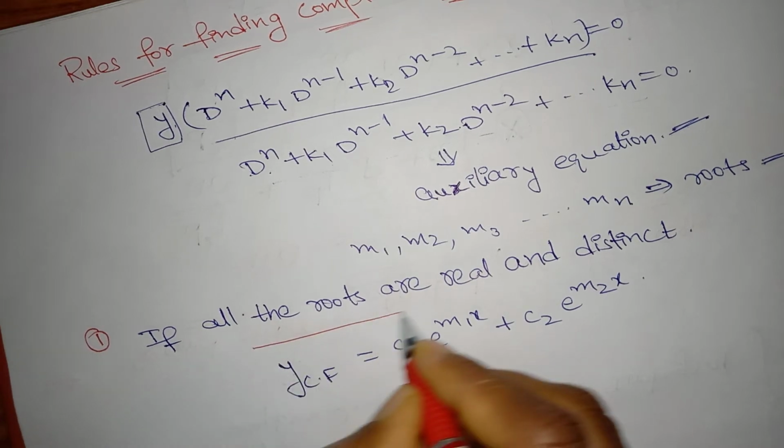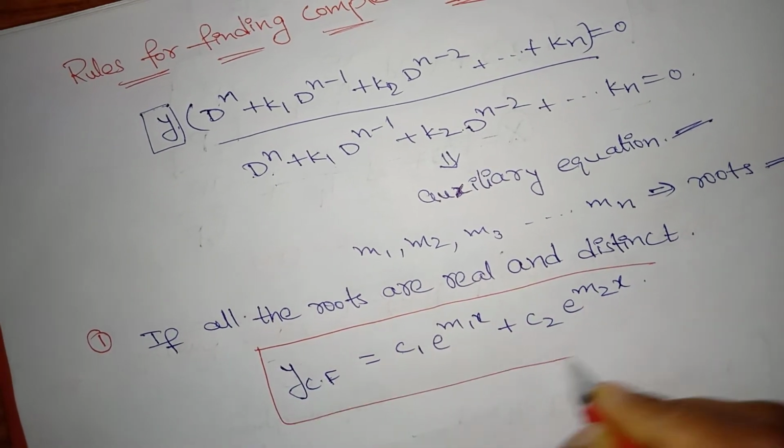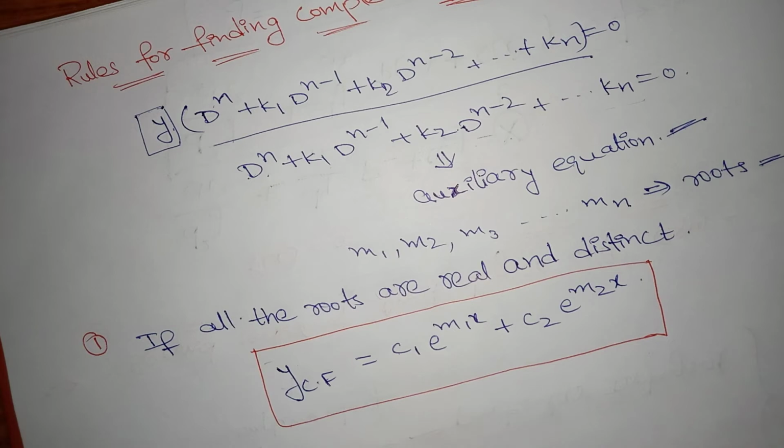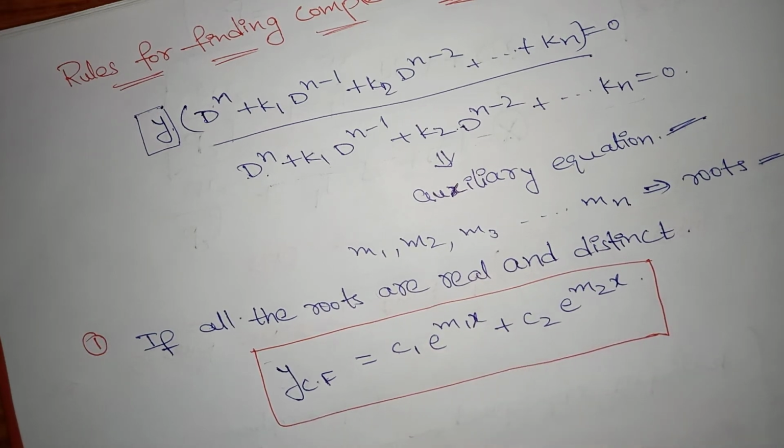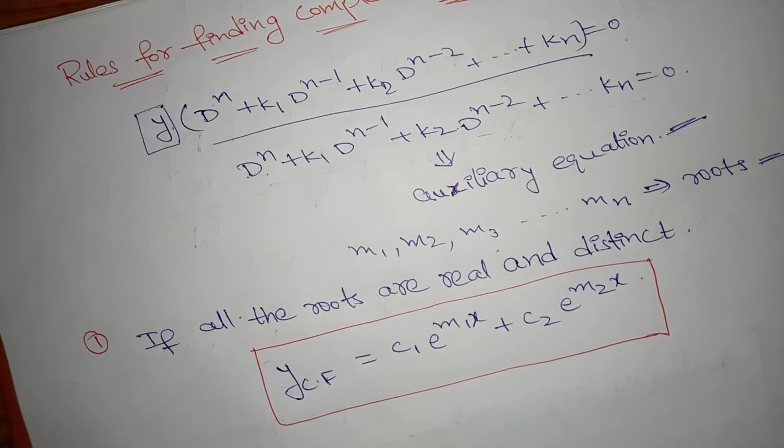If the roots are real and distinct, then the solution for the given differential equation is c1 e power m1x plus c2 e power m2x. Second rule, if the roots are complex,